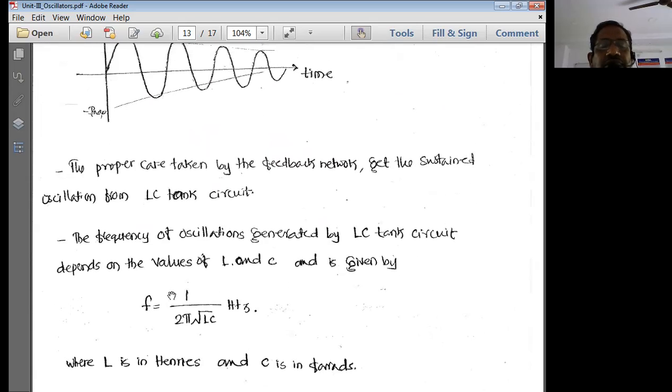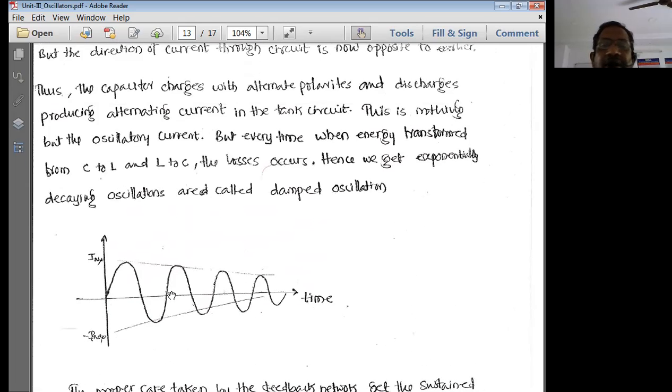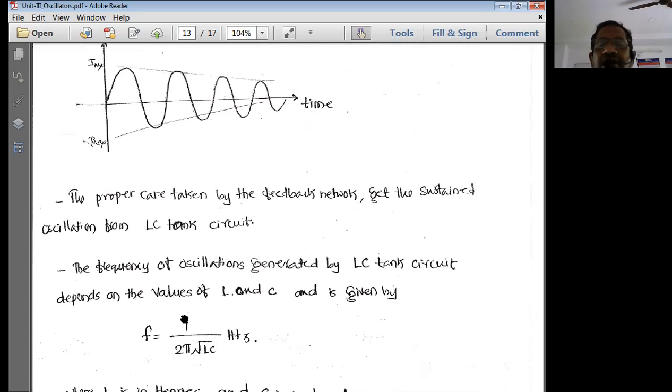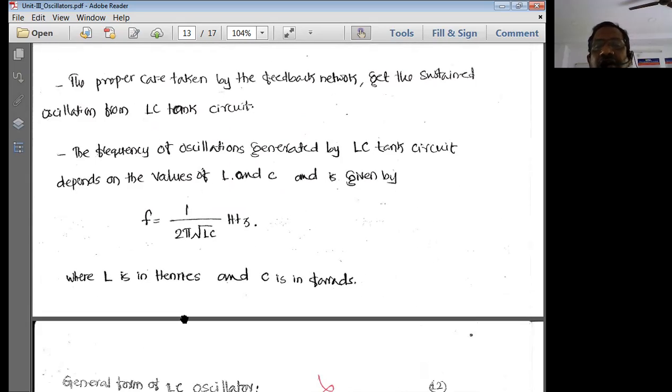If the inductor or the capacitor is not pure, then damping oscillations will result. That means slowly the maximum output current or voltage flowing through the circuit is going to decay, or decrease, if the inductor and capacitor are lossy. If they are not lossy, then 100% we are going to get steady state sustained oscillations. So this is the basic idea regarding transmission of signals through an inductor and a capacitor.